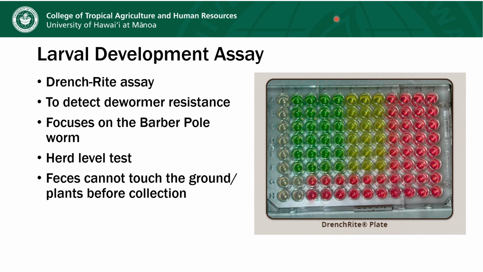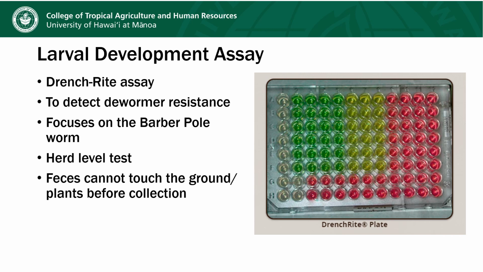The other thing that this test allows us to do is to test those larvae for resistance to the 3 classes of dewormers. So here's one, the second, and then the third. And what she does when she runs this test is she will evaluate different levels of the dewormers, and she can give you a pretty good idea of what the level of resistance would be predicted in your herd. This test works best when the barber pole worm is the primary type found,